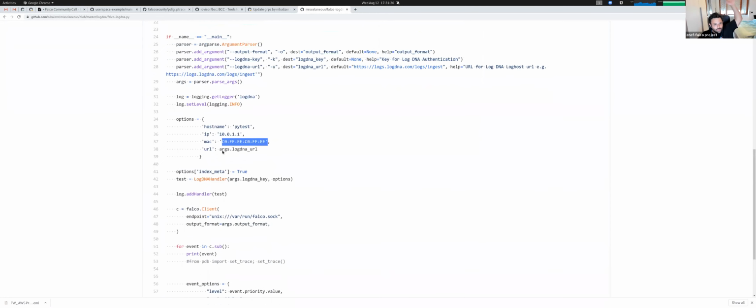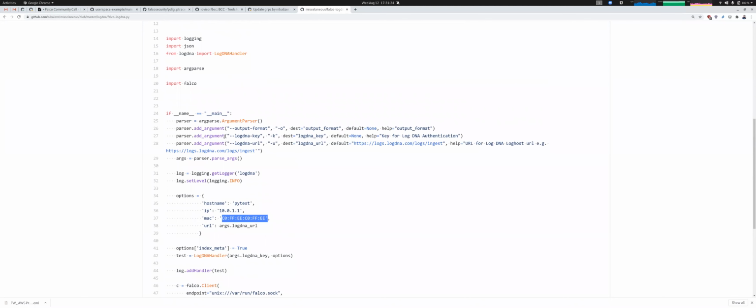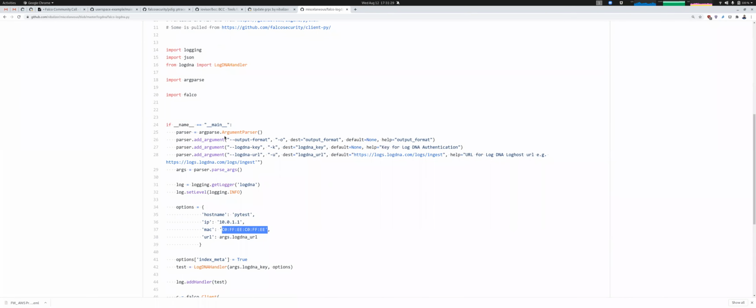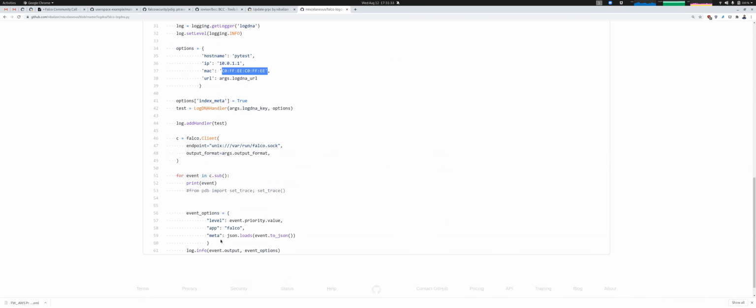Okay, cool. Well, there are some requirements, like with any log aggregator, right? You have to fill out some things that they insist need to be on every log line, which isn't always accurate.